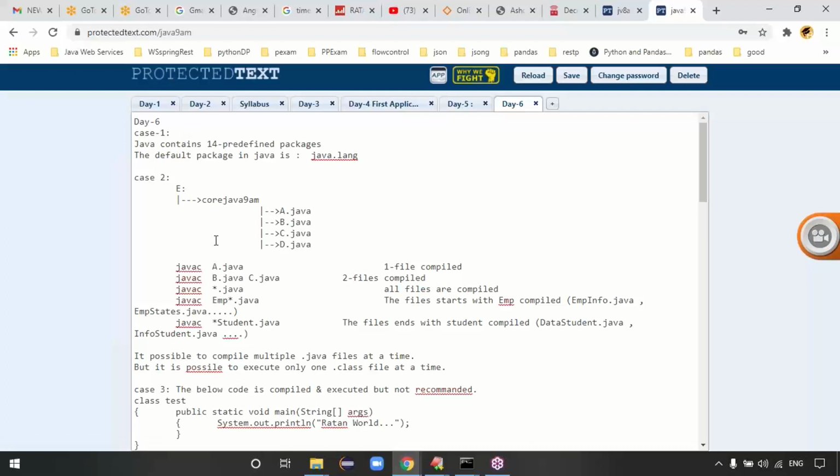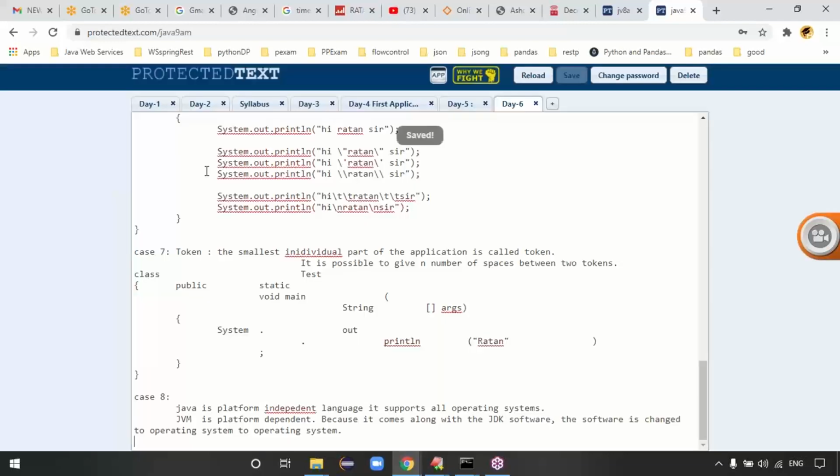So for every topic you will maintain one tab, guys. That will be a better option. Like day 1, day 2, day 3, day 4, like that you will maintain. Guys, it requires 2 more days to complete the first chapter, introduction and data types.